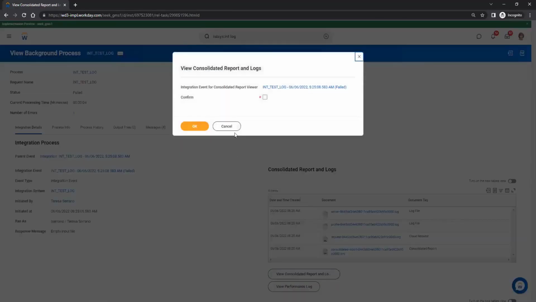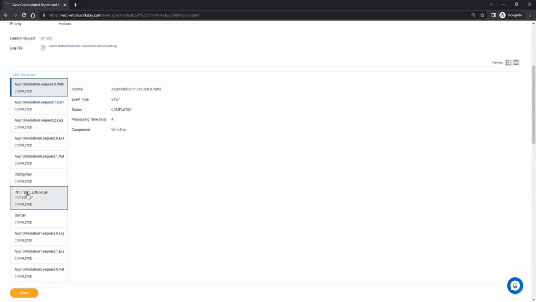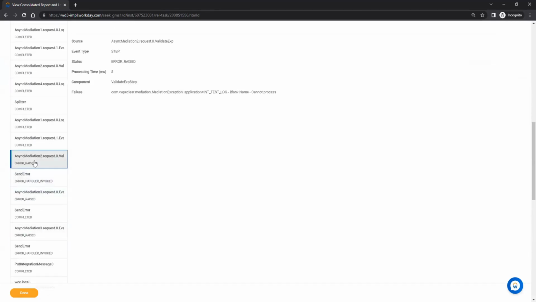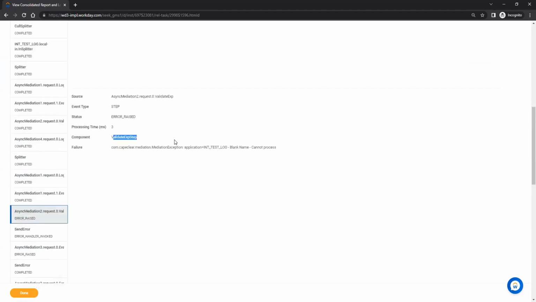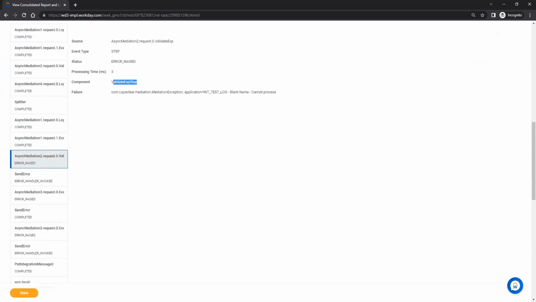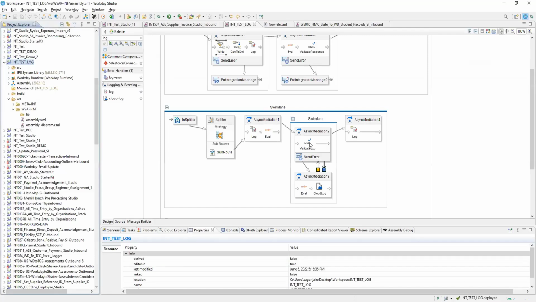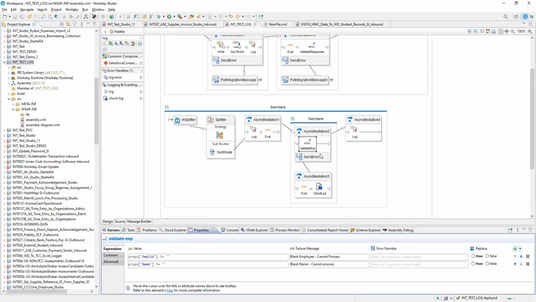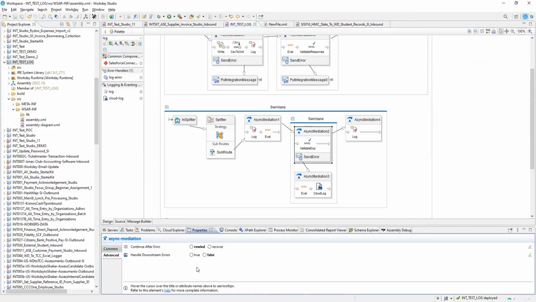I want to consolidate it. So completed, completed, completed, completed. Error invoked. Error invoked. Async 2. Validate expression. This one is a send error. That's fine.